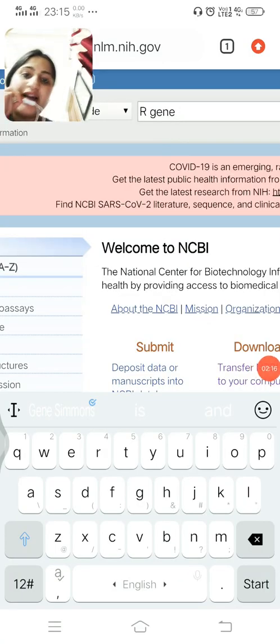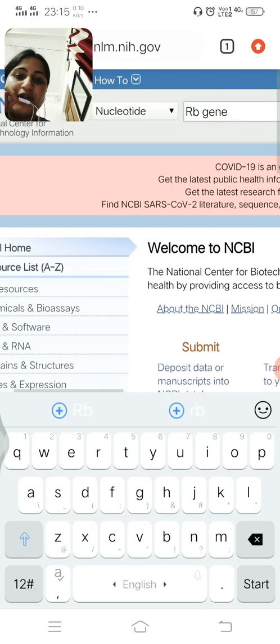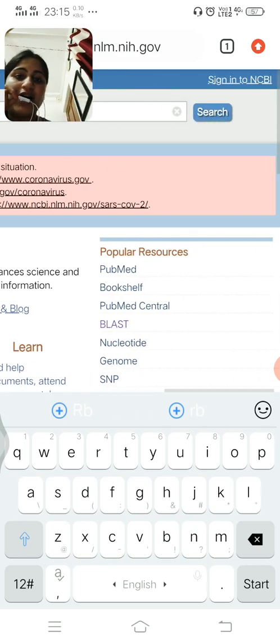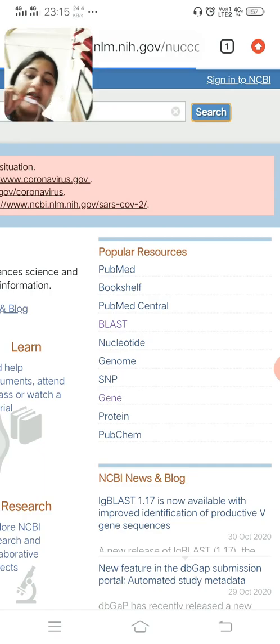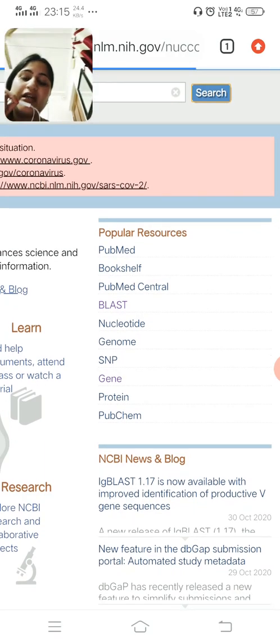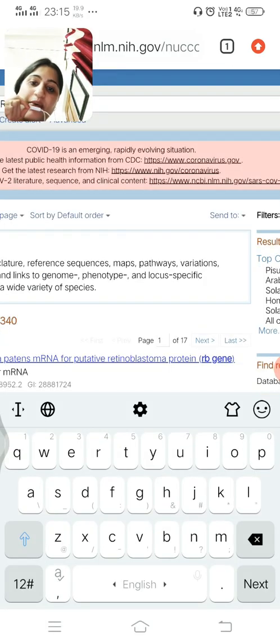Okay, so I have typed the RB gene, and after going to nucleotide and RB gene, I have pressed search. Okay, so once the search happens, the box that I clicked, my information that I needed to find, is called the query box.